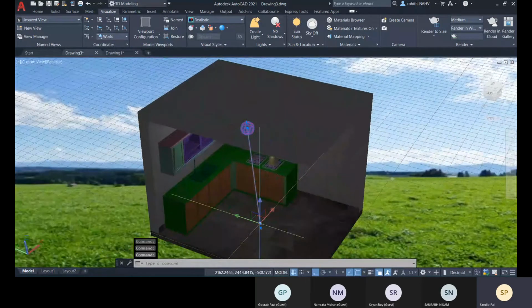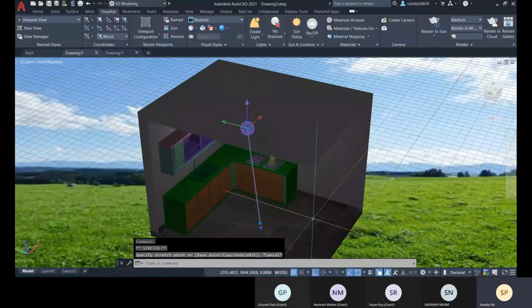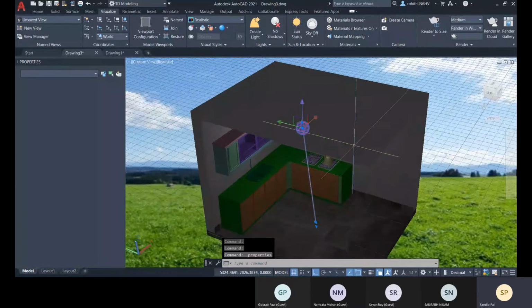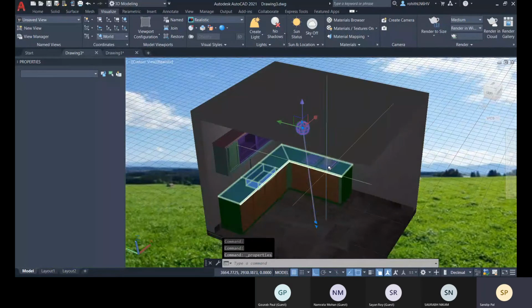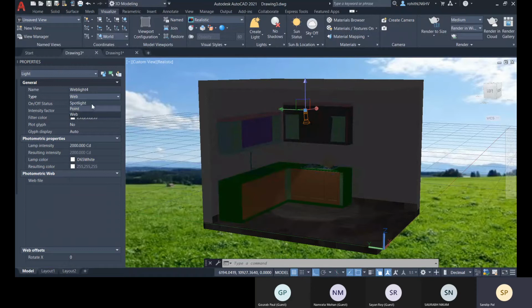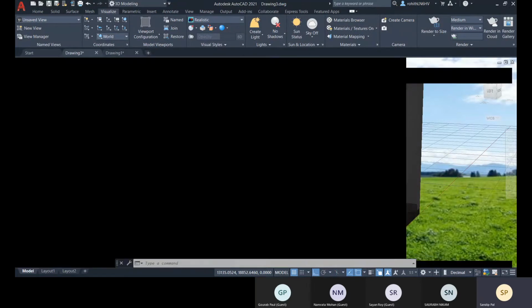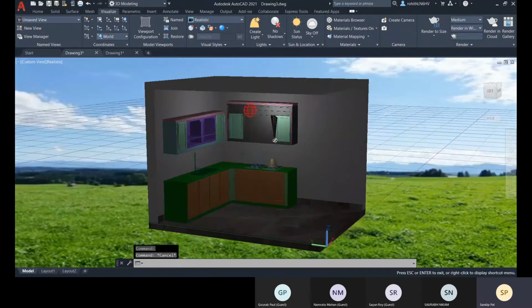Okay, now control 1, and then from there also you can change it to normal spotlight, point light, or as it is web light, so that you can get it back web light, so that you also can change it from here.